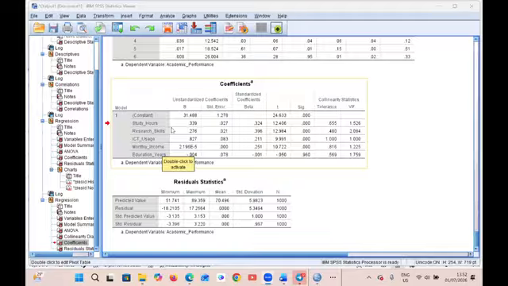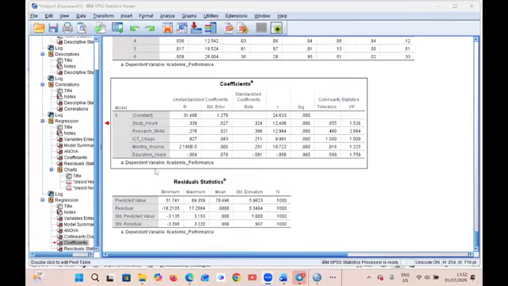If you pick study hours, a 1 unit increase in study hours will increase the academic performance by 0.34. And this is significant at the level of 0.01. That's what you should write. That's the way it is done. Do you get? Now, if you look at the last one here,